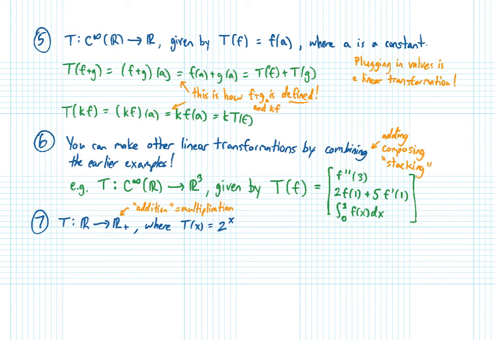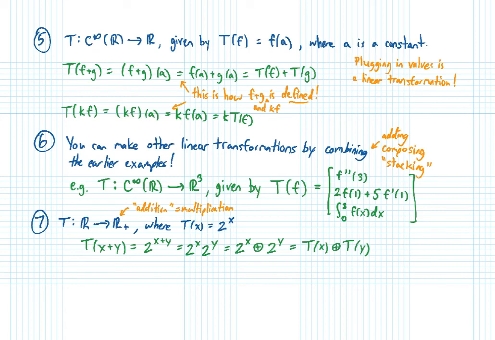weird vector space where addition is actually multiplication. And we can define this transformation by the formula that T of x is equal to 2 to the x. To show that this is linear, we'll look at what happens when you compute T of x plus y. So that's 2 to the x plus y, and then using the exponential rules, you see that that's 2 to the x times 2 to the y. But now we're in the vector space where we're treating multiplication as if it's addition. And if it helps, you could rewrite that multiplication using the weird addition sign. And now you can see that the result is T of x plus T of y, where you're using the